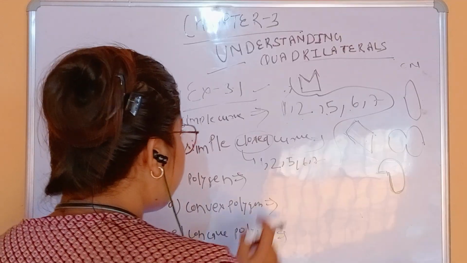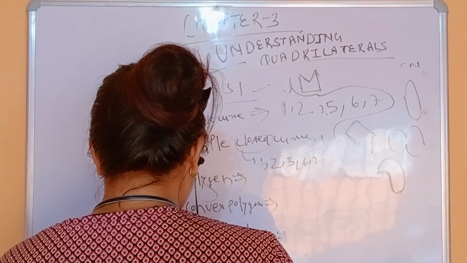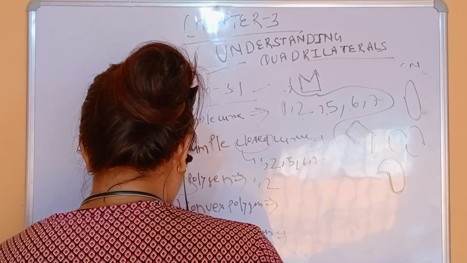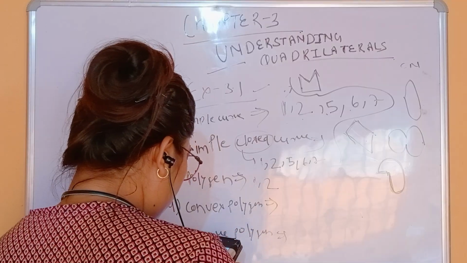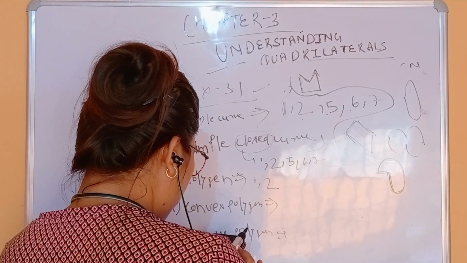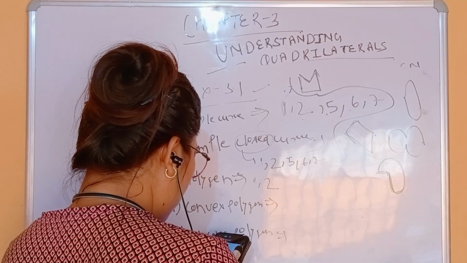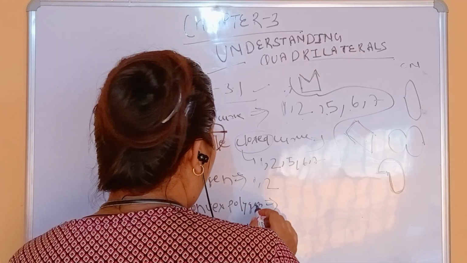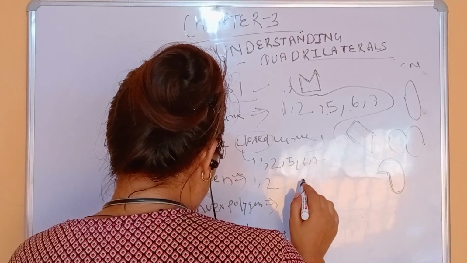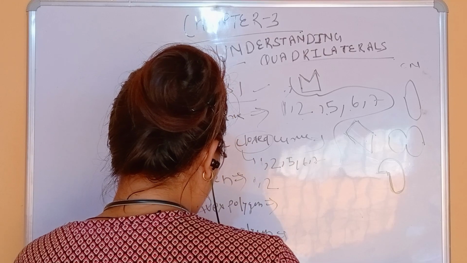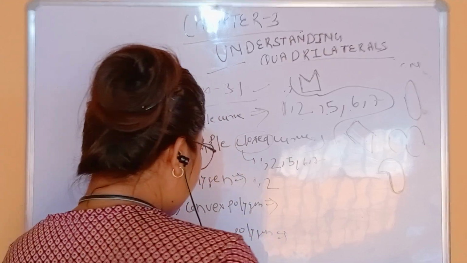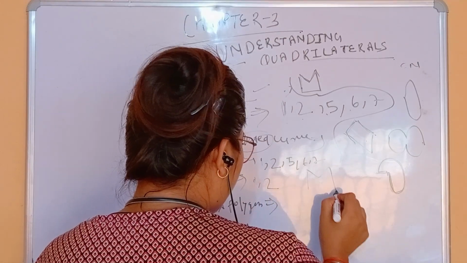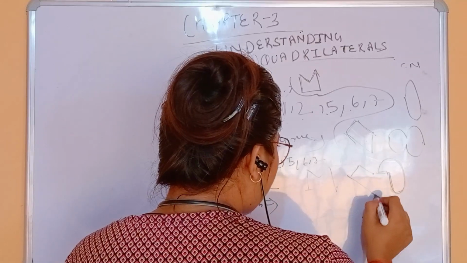So in your book, the second asks for polygons. Polygons are 1 and 2. Why only 1 and 2? What is a polygon here? A polygon means it has sides: 1, 2, 3, 4, and 1, 2, 3, 4, 5. That is a given shape, not one whose shape we cannot define. So this is a polygon, and the kite shape is a polygon.